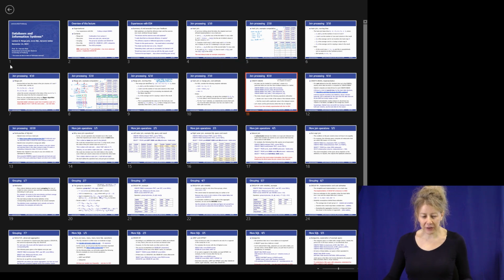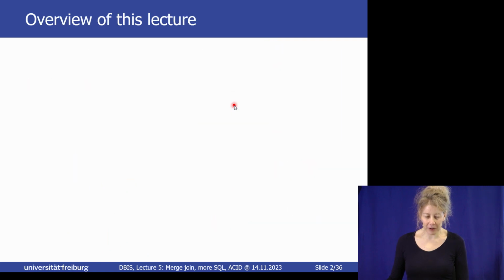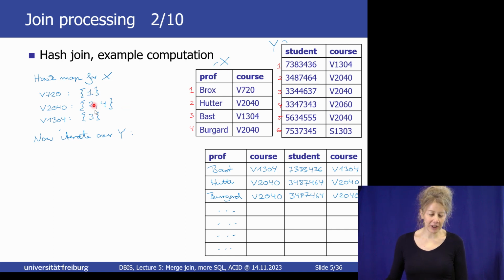Let's look at the tables again. It's actually a complicated question. People are doing hash versus merge join. There are like 10,000 papers about it, I think, and people spending half of their career on such problems. I think you are right that if one table is very small, then building this hash map is cheap. It essentially costs nothing. And then just going over the big table and looking it up in this small hash map, I think that's the most efficient way to go. Because creating the hash table costs nothing because this table is small, and lookup in a small hash table is also cheap. Now when it becomes larger,